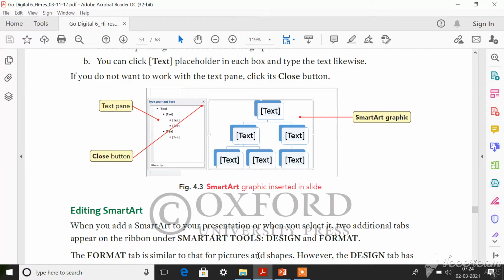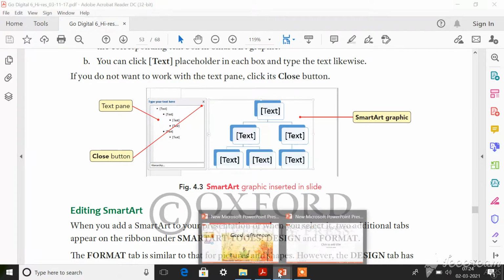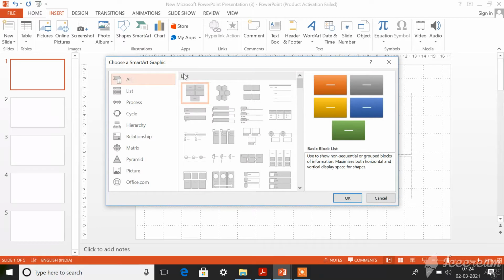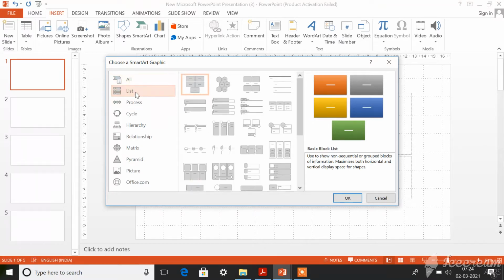If you want to show some hierarchy in your presentation, then you can use SmartArt. For using SmartArt, first click on the Insert tab and move to the Illustrations group. In Illustrations there is an option called SmartArt. Click on that and you can see a dialog box like this. Inside this dialog box you can see many different kinds of hierarchy formats. If you want a listed format, it will be under List. Also you have varieties, and those varieties will be displayed in this block.